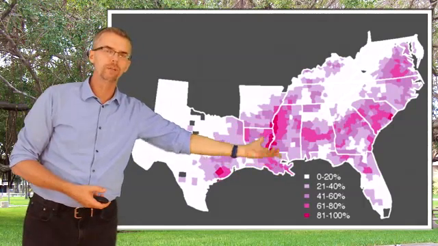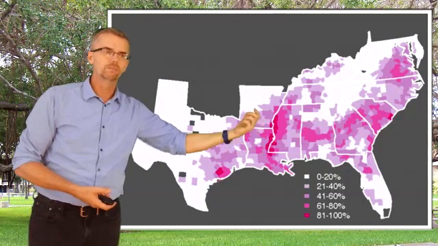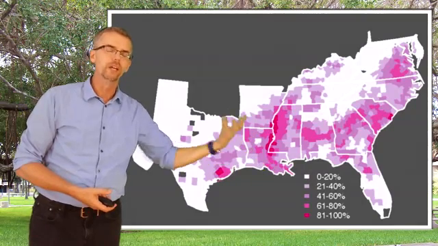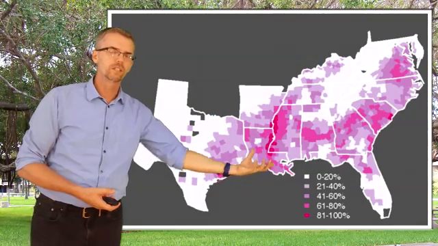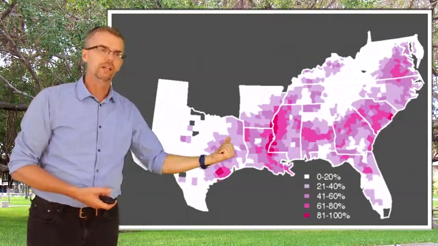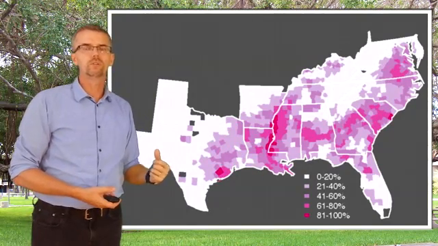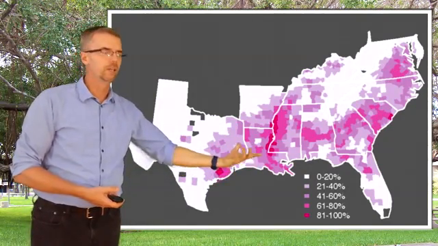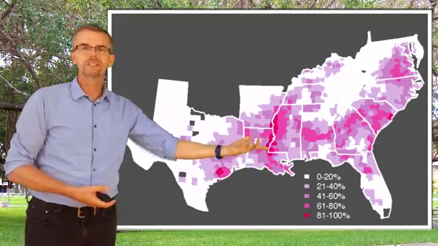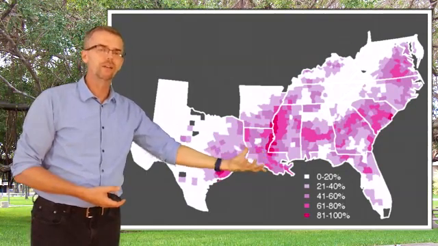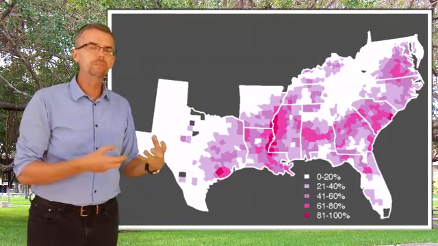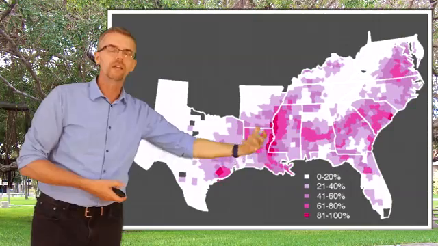And so what happened in these counties where 81% or more of the population was black was that the blacks were incredibly oppressed, because it was through fear that the slaveholders controlled these large numbers of blacks. It was only through fear that these slaveholders could control them. You've got to think these slave owners were outnumbered 5, 6, 7, 8, 9 to 1. So there were 8 or 9 times as many slaves as there were white people in these counties. And it was only through this really deeply entrenched fear in the 1860s that they were able to control that